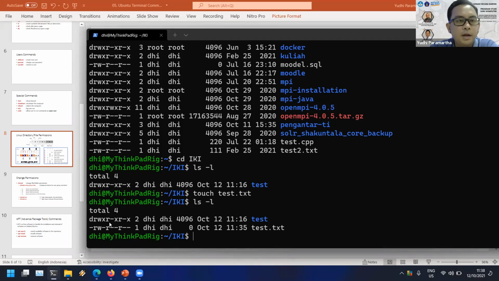Executing Firefox, then Firefox will be launched. That's the execute permission. It's not the same as read. Read is reading, but execute is opening the application. That's the execute permission. Do you get it?